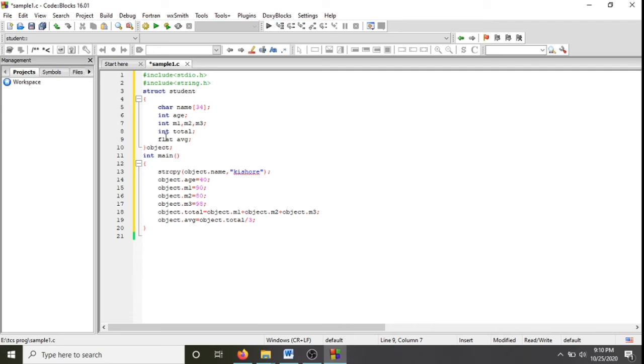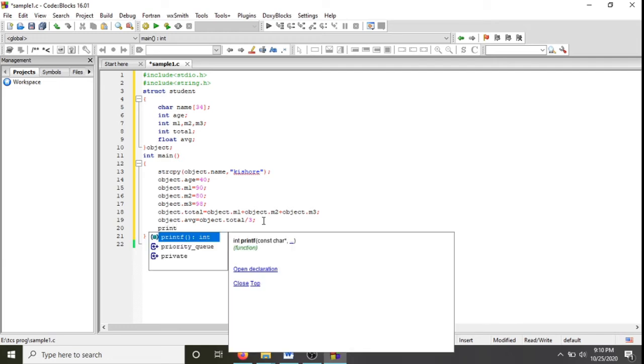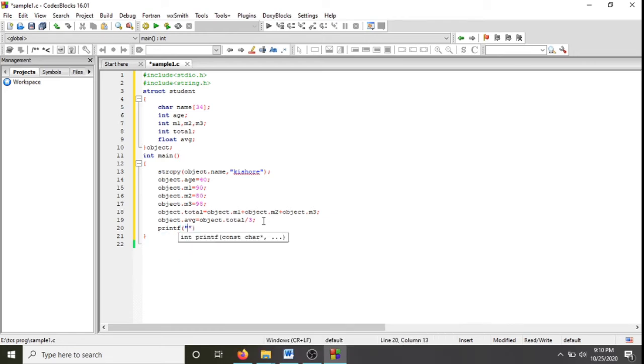So later, after calculating the average, now you need to print the student details. So I am just giving it as student details.